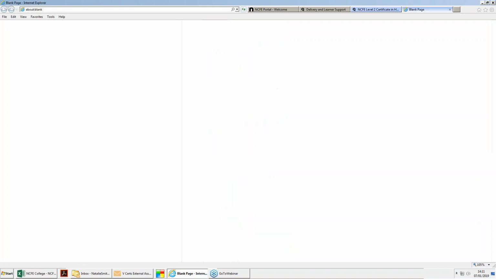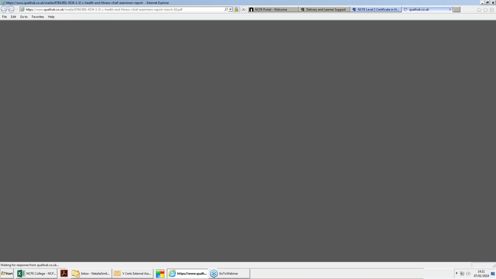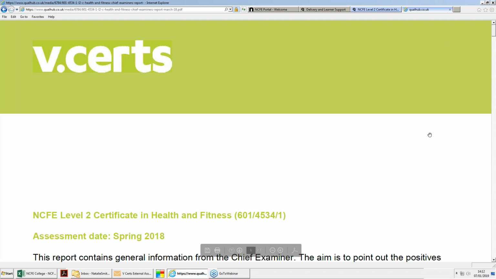So this is basically a generic report, so it isn't specific to your school. Its aim is to point out the positives and negatives of the evidence marked within that specific assessment window, to guide you to areas where learners are performing well and also not so well. So once it opens, I'll be able to show you in a little bit more detail what it looks like. Here we go. Perfect. So if we scroll down,